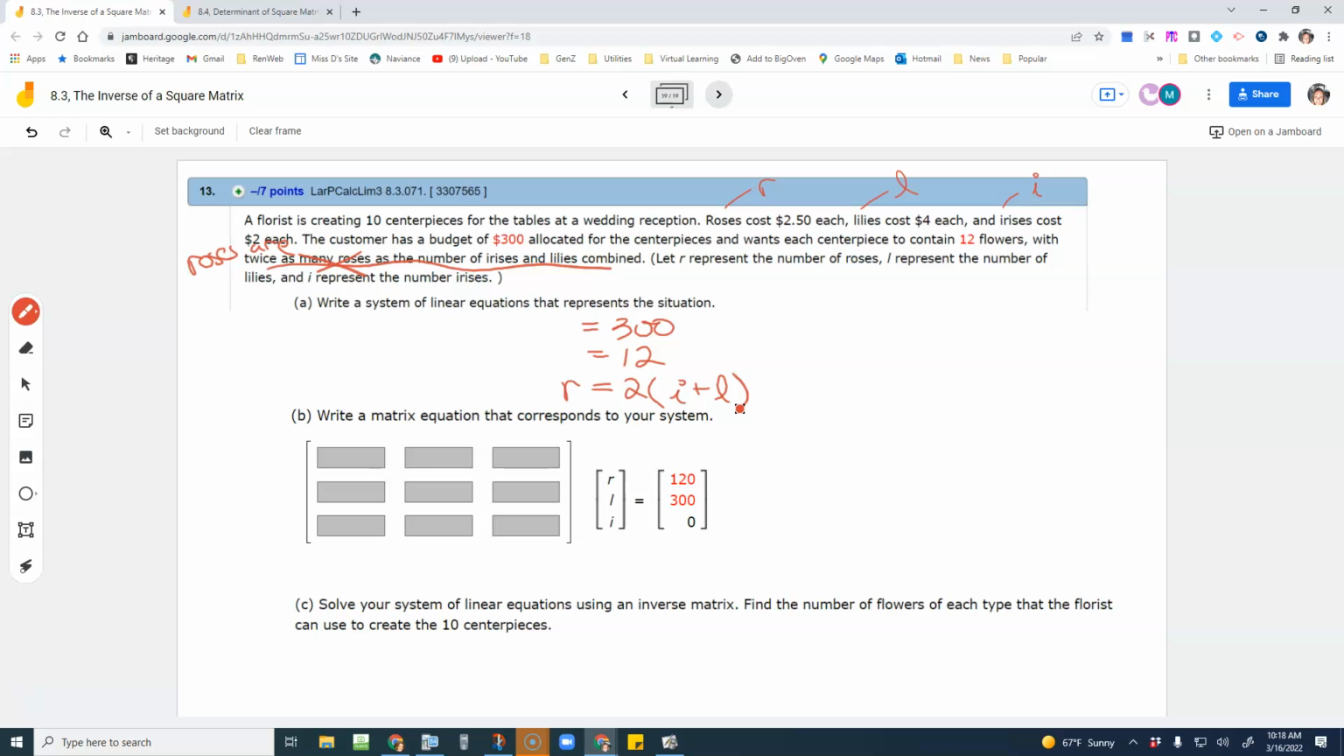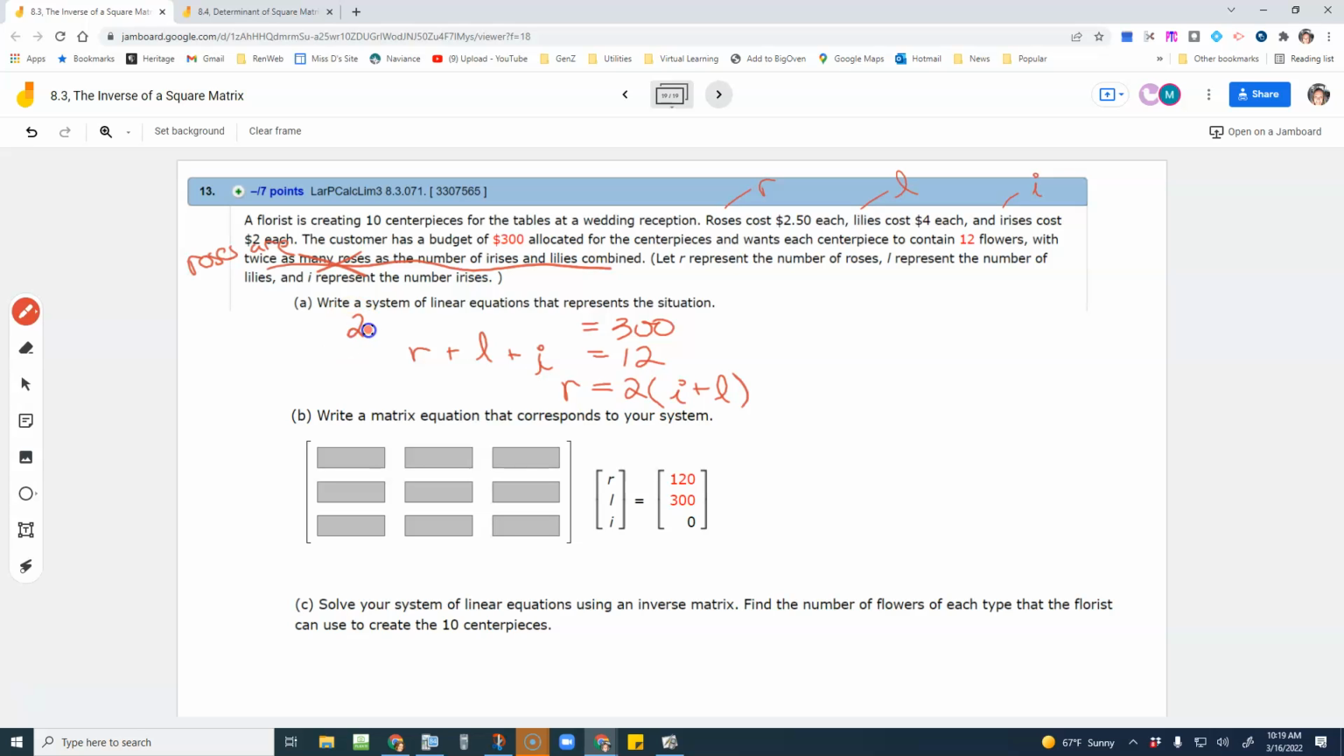Hey, 12 flowers. What plus what plus what has to equal 12 flowers? Like what plus what equaled how much money was taken out of the loan of the zoo that needed the $2 million? Exactly. It's how many R's plus how many L's plus how many I's. That's easy, right? So then, how do I get money? Because money is the $300. It's the